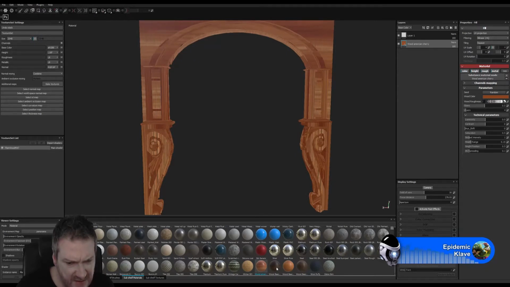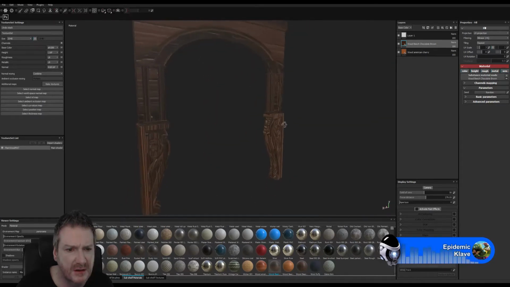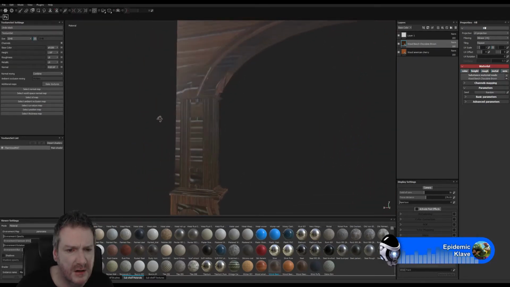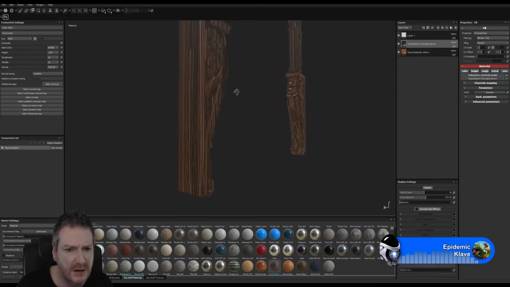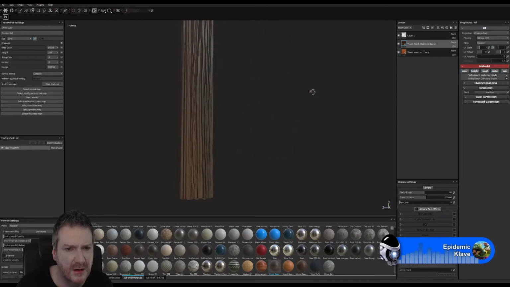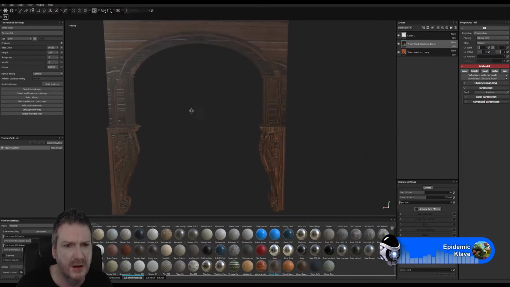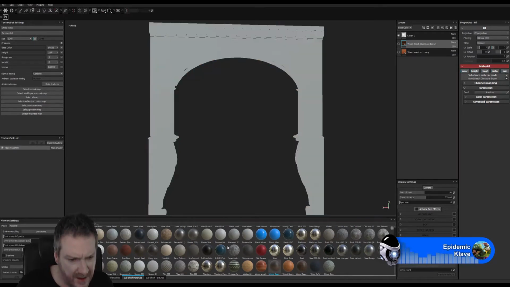Let's see what other wooden pieces we have here. Let's go down this chocolate brown. I just want to see how it's actually applying the texture. I'm just going to turn these off for a second. I'm going to look for